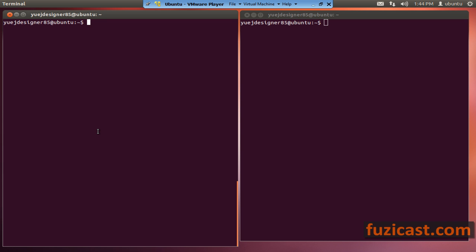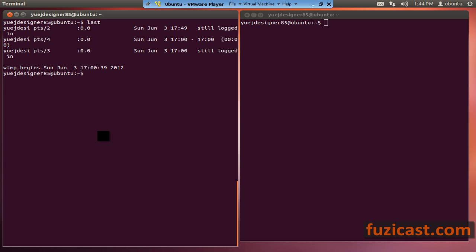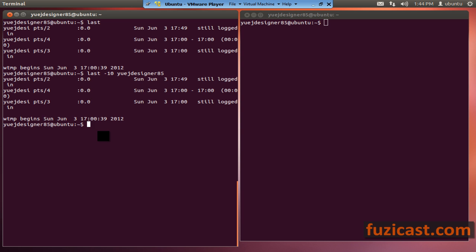Okay, so last time we talked about the last command, which shows you the past login histories for all the users. You can specify a specific user if you want. So you can do the -10 and then your specific user. In this case, we use design 85, so it will show you only the login histories for